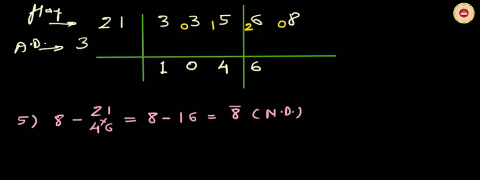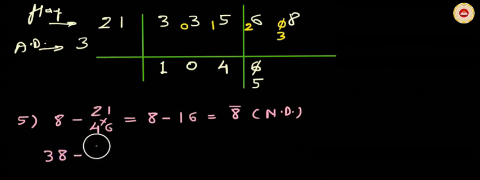So let us reduce the last quotient digit by 1. Cancel 6 and write 5. And at the same time, we will increase the value of remainder by the value of divisor. So let us cancel this 0 and write 3 here. 0 plus 3 is 3. Now read these two digits 3 and 8 as 38, and this is new gross dividend. Okay, new gross dividend. So we are going to repeat this step.